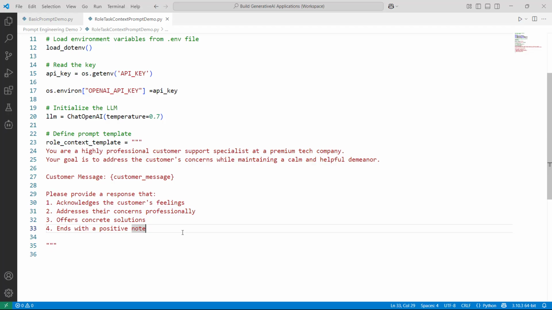So if you see here, what is role, task and context here? So role means here we are assigning a role as you are a highly professional customer support specialist at a premium tech company, right? And then we assigned a task or goal. The goal is nothing but to address the customer's concerns while maintaining a calm and helpful demeanor, right? And then here we are providing the context, right? So we will pass the context here as customer message,